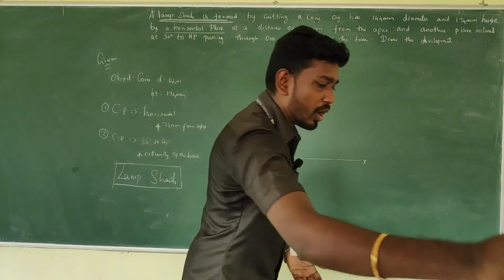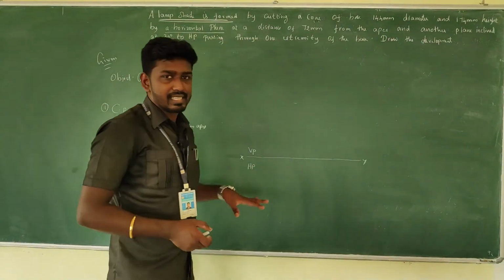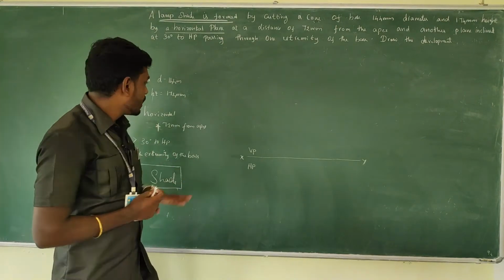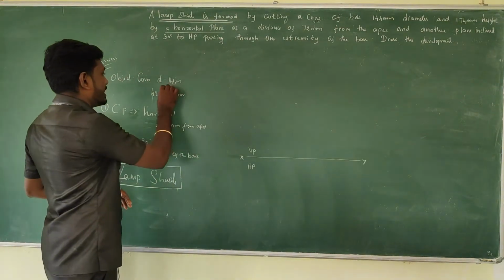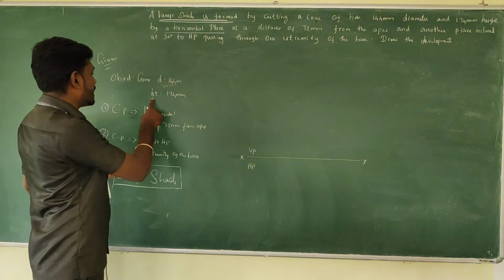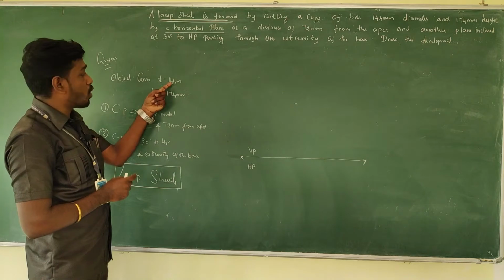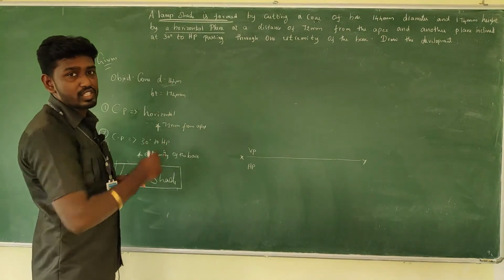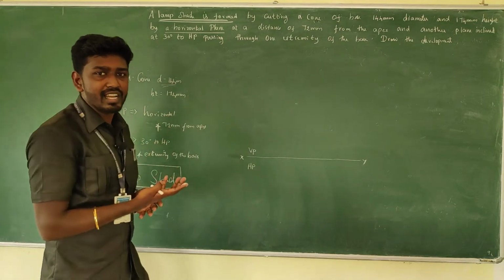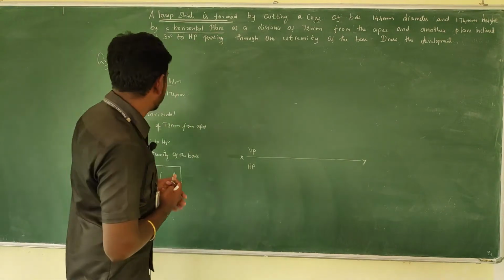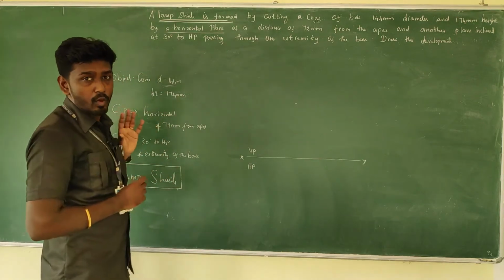Am I right? So in the top view I am going to construct the circle, the true shape of the cone. The diameter is given, but all the measurements are very huge. Diameter 144 and axis height 174. It's very huge, so we cannot fit it into the A4 sheet paper. So what we can do is the scaling work.